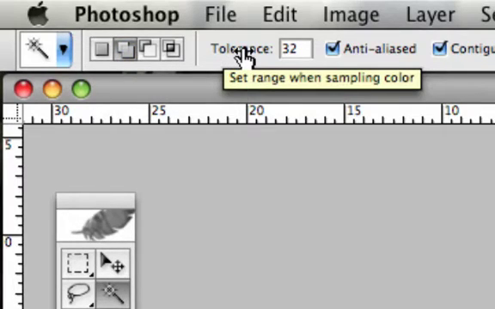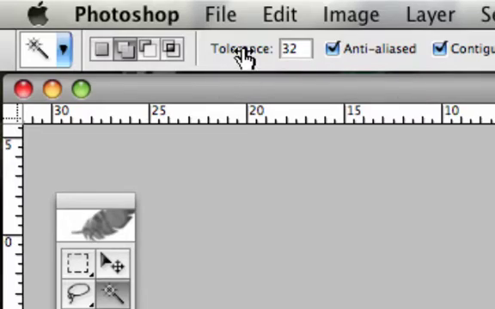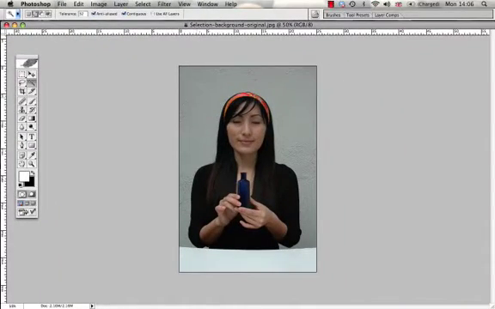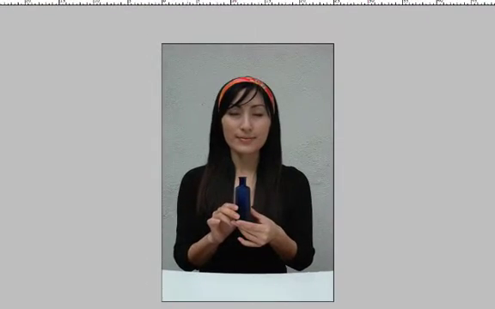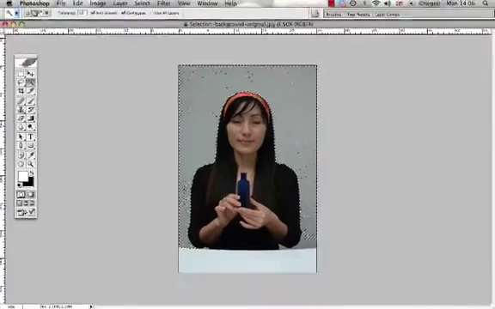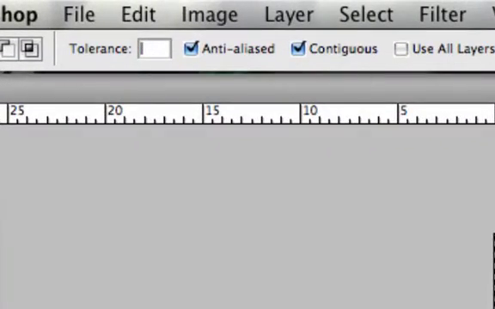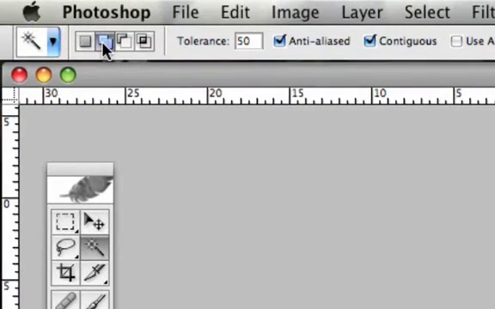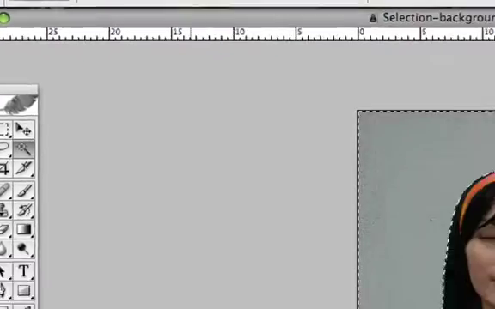The tolerance field sets the range when sampling a color, which means the radius around your set cursor will be selected. So if I click here and change the tolerance, and I select something around the 50 pixel mark, I go in here and nearly everything is selected. When you click the second of these little icons, you add to a selection, which means you can go in more than once and fine-tune your selection. So now we've got everything selected but our person,